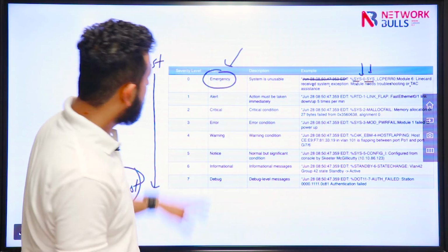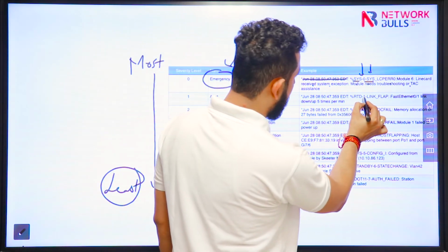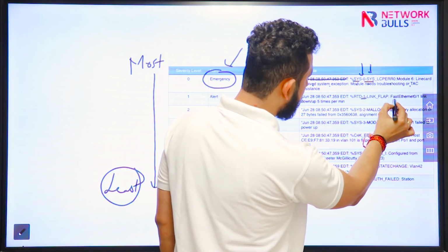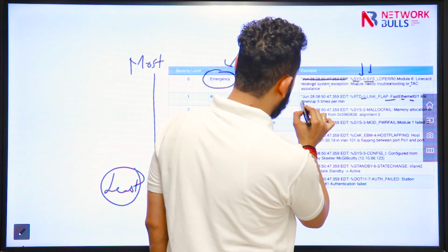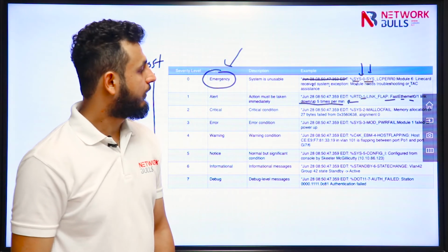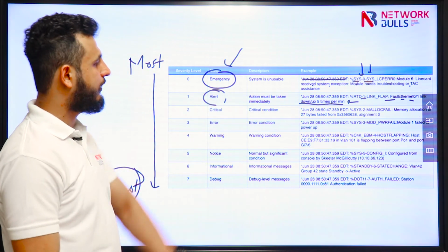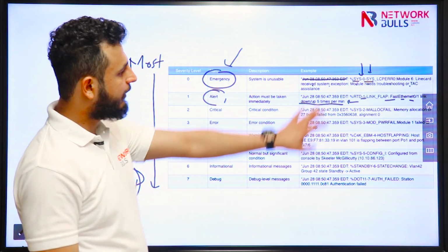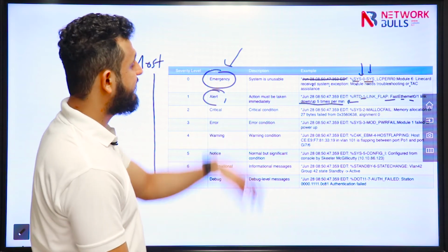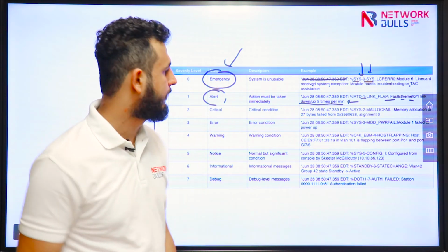Emergency. Next we have a severity level 1 log which is saying this particular interface link is flapping 5 times per minute. So this is again alert. Alert means we should take some action because this condition is happening again and again. Emergency means something is no more usable, or unusable.